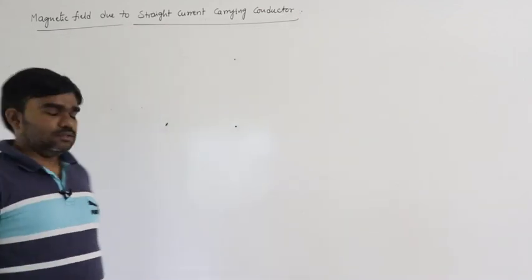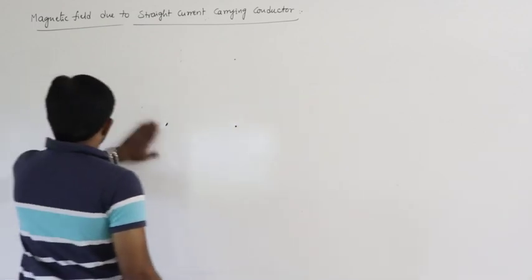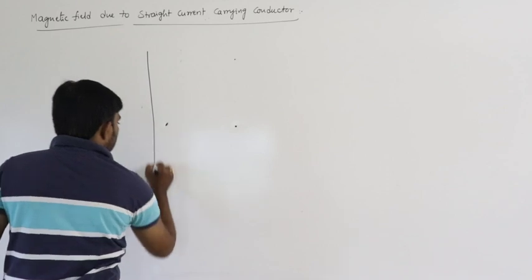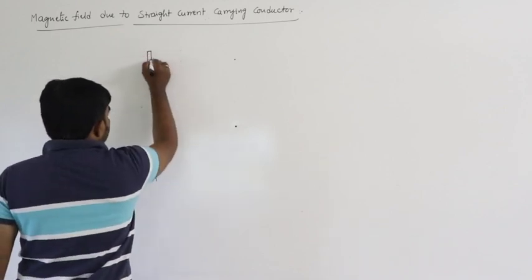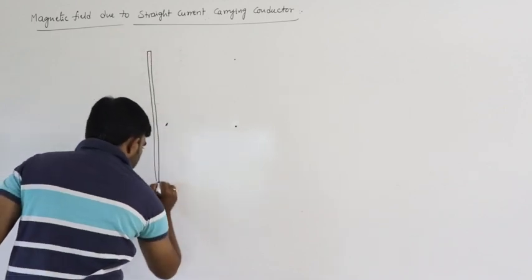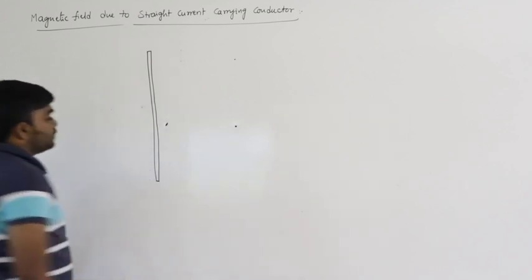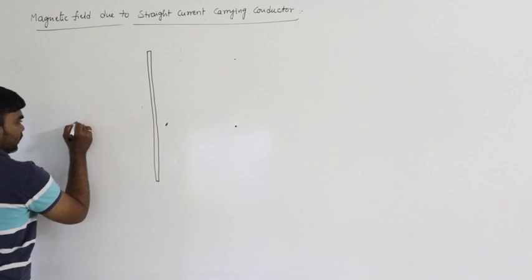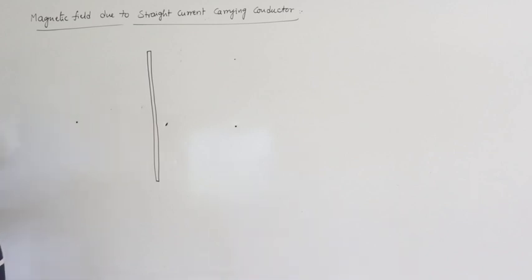How can we calculate this? See here, let us say this is a straight current carrying conductor of certain length. Now we have to calculate the magnetic field due to the straight current carrying conductor at